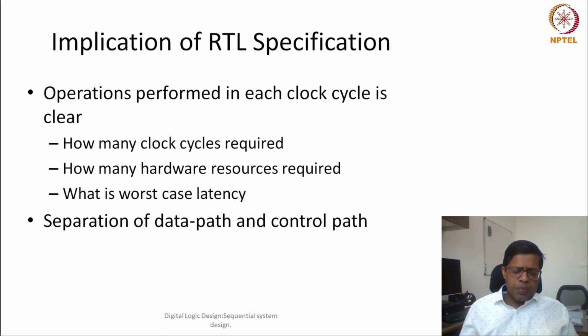Okay, so how many multiplexers, how many decoders, how many AND OR gates, etc. All of that combinational logic is also known if we know what operations are performed within one clock